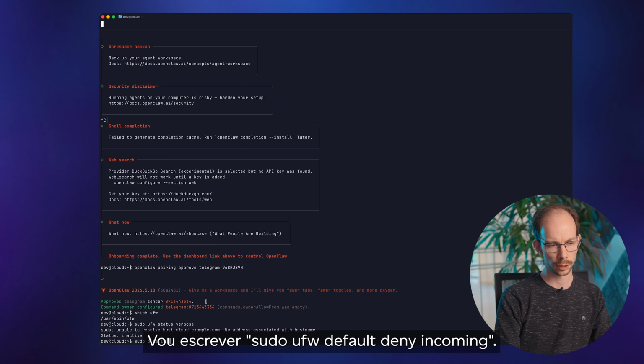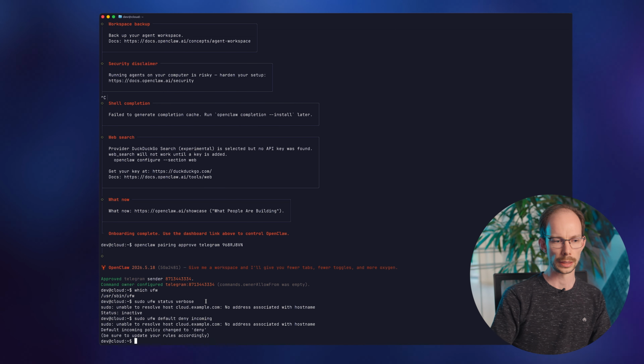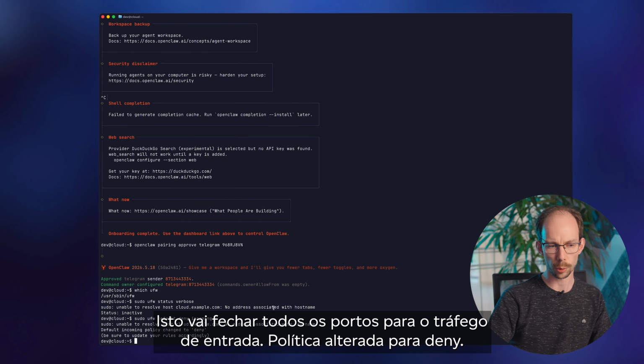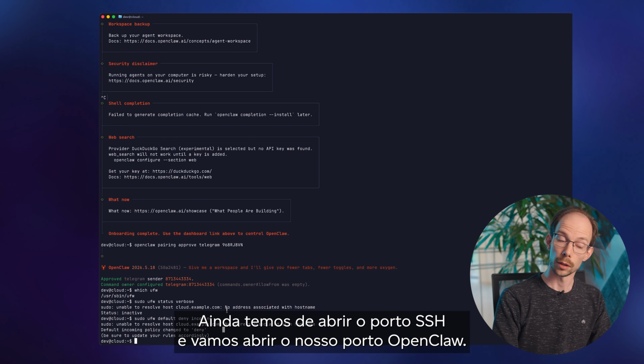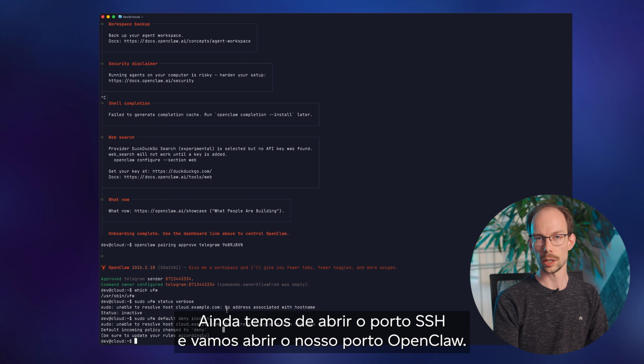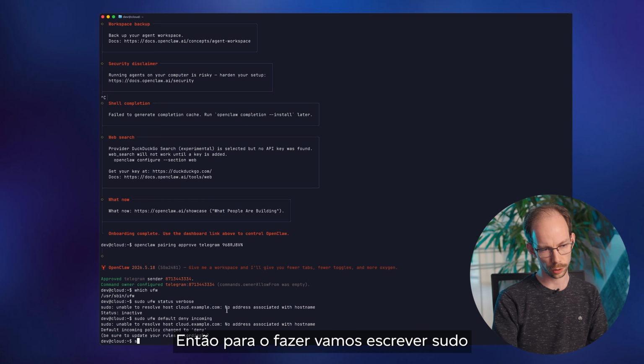I'm going to type sudo ufw default deny incoming. This is going to shut off all the ports for incoming traffic. Policy changed to deny. We still have to open up our SSH port, and we're going to open up our OpenClaw port. So to do so, we're going to type sudo